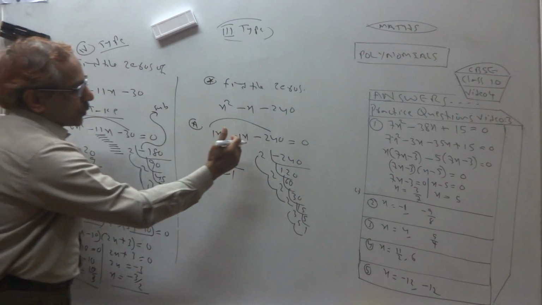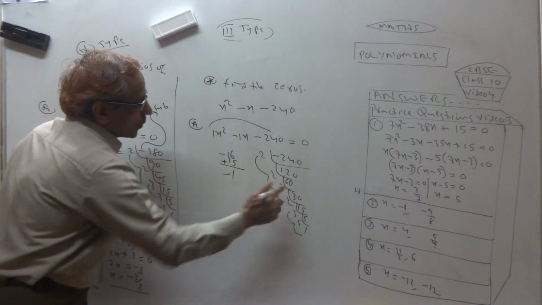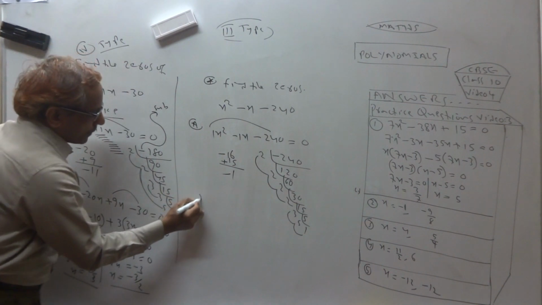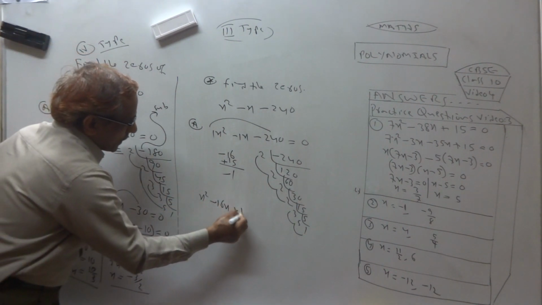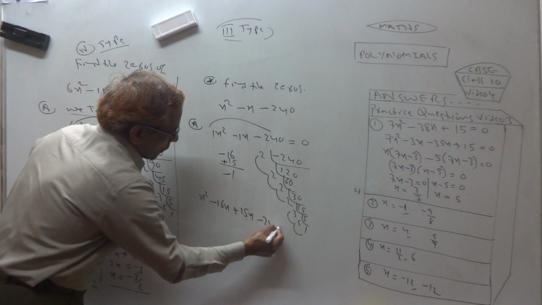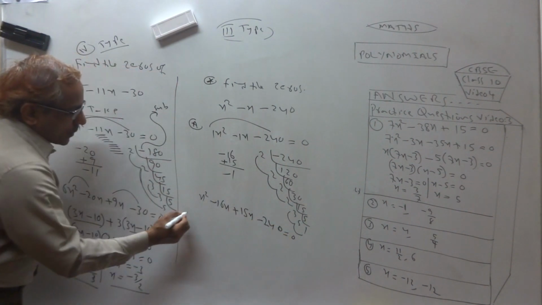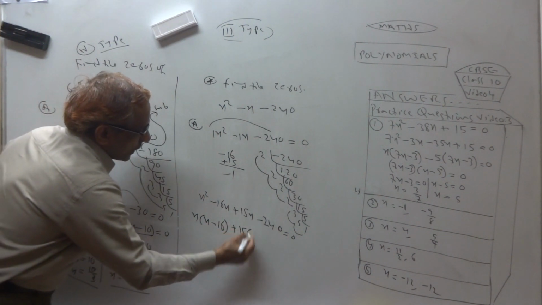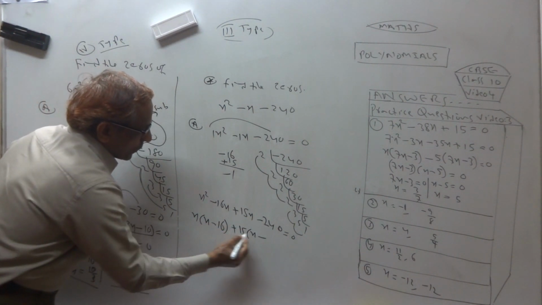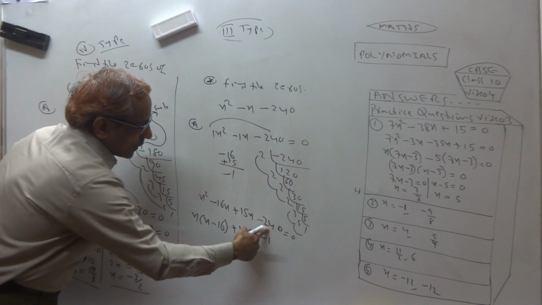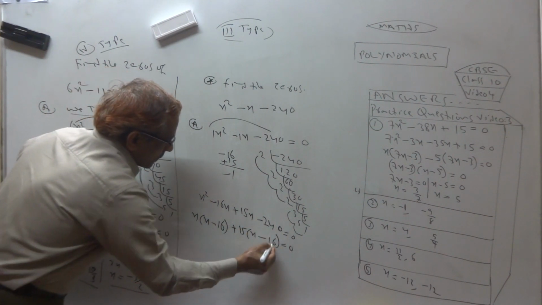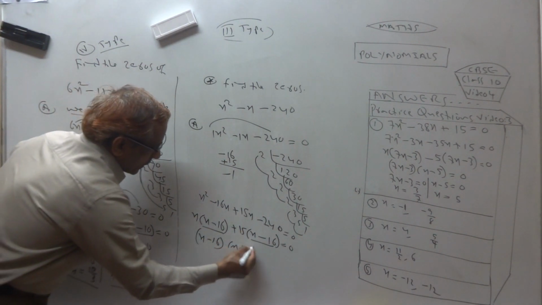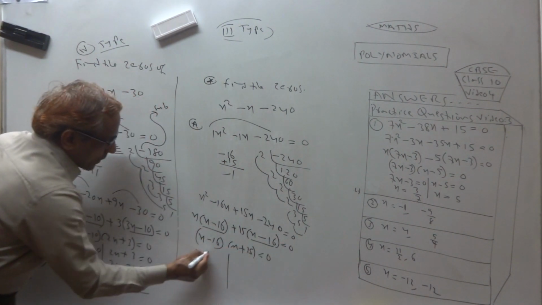Clear? So you should practice how to take two numbers. If we subtract them, we get center number. Okay. Minus 16x plus 15x minus 240. So x common: x minus 16. 15 common here. 15 ones are 15, 15 16s are 240. See, these two are same. Write 1. This is second. Separate them.